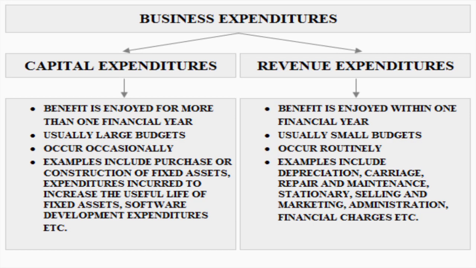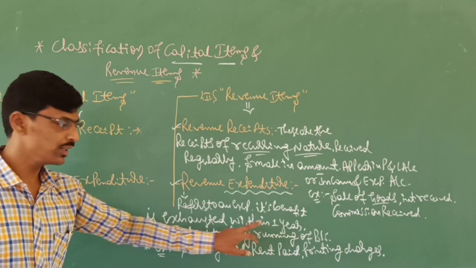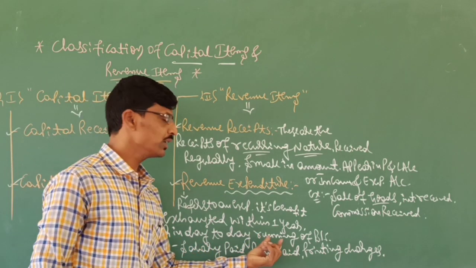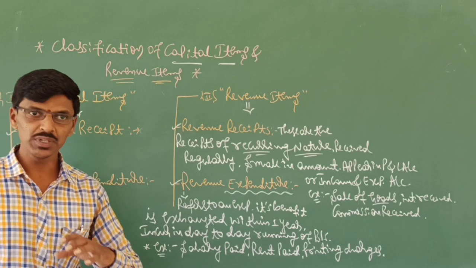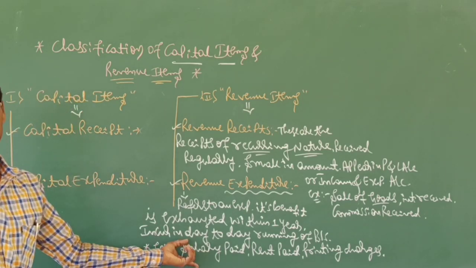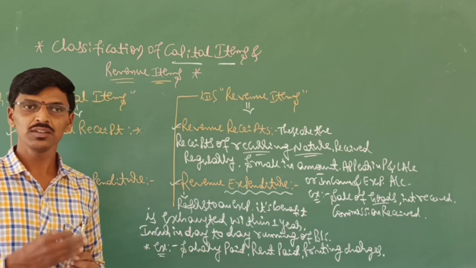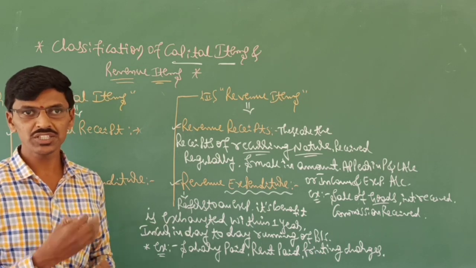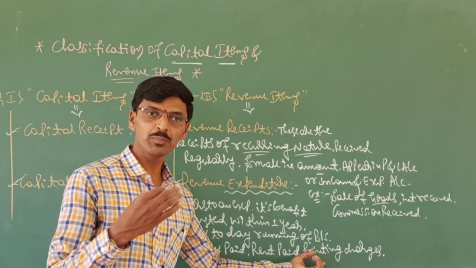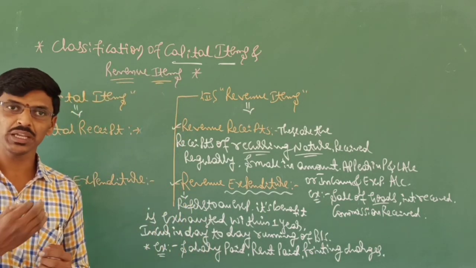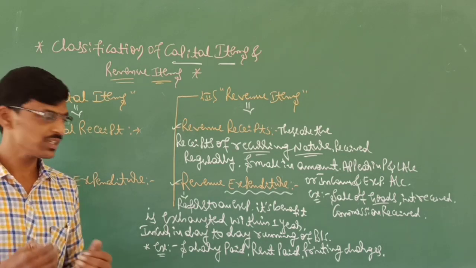Capital expenditure is directly opposite to revenue expenditure. The revenue expenditure gives benefit that is exhausted within 1 year. It is incurred in the day-to-day running of business. These are expenditures incurred in running the day-to-day activities of business. For example, salary paid. You are paying the salary to the employees regularly, immediately after the completion of every month, and you are paying the rent, the printing charges, the commission paid, interest paid, all of which come under